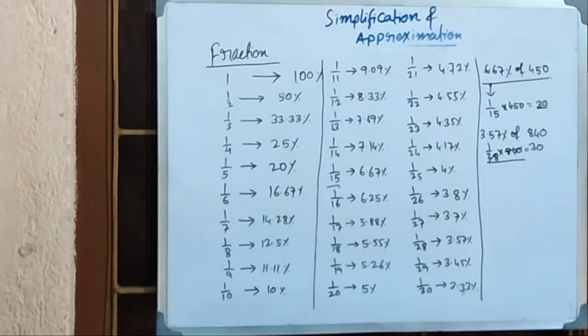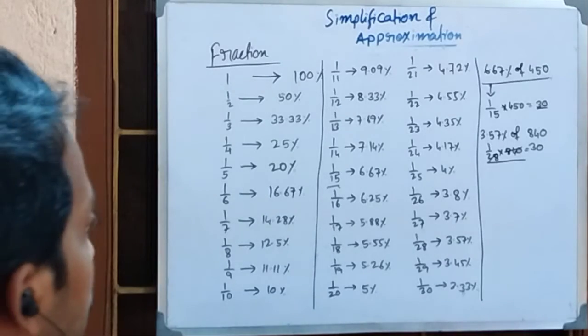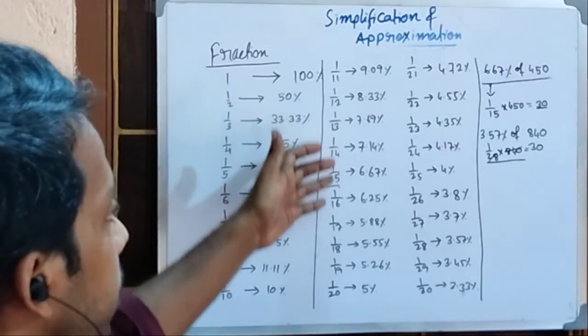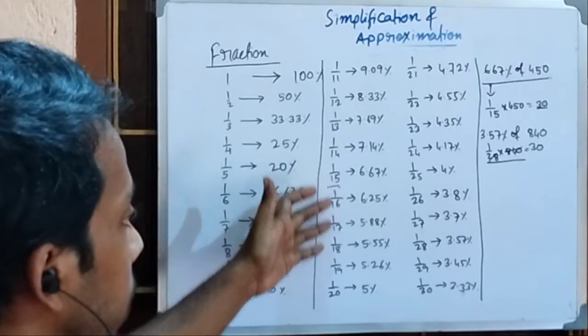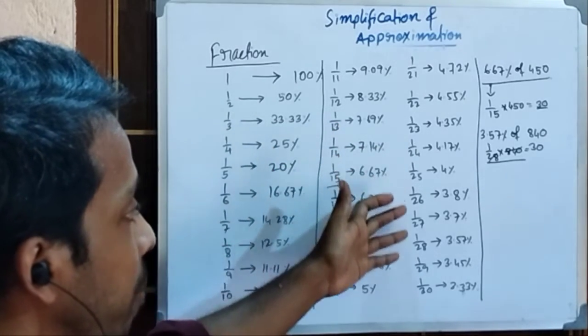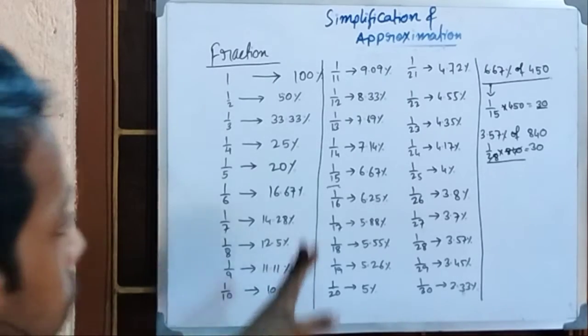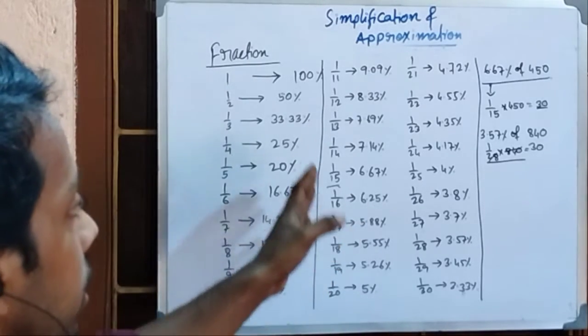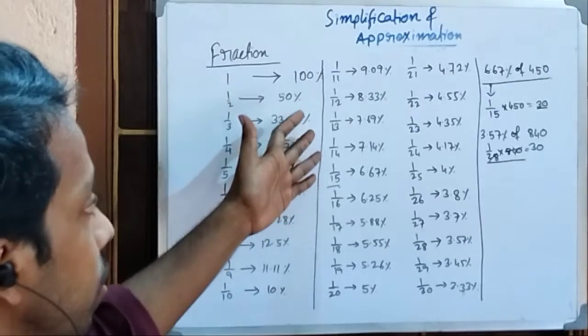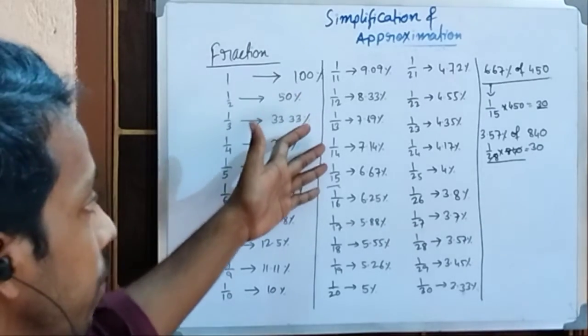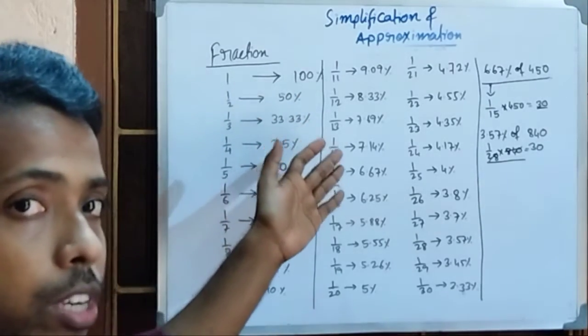Right? Now, all the steps which I have written here are only the first level fractional values and their respective percentage values. So see here: 1 by 14, 1 by 15, 1 by 16, 1 by 25, 1 by 27, 1 by 29, and like that. So in an examination it may happen that this is not the first level but 2 by 14, 3 by 14, 5 by 14, anything can be given.